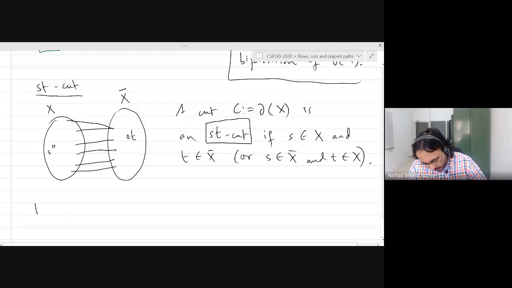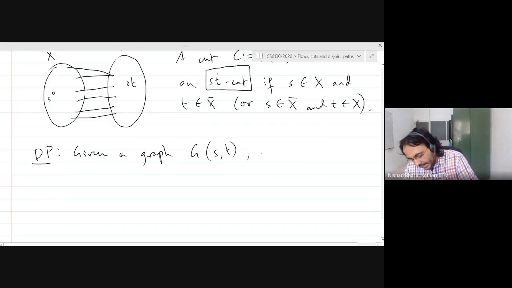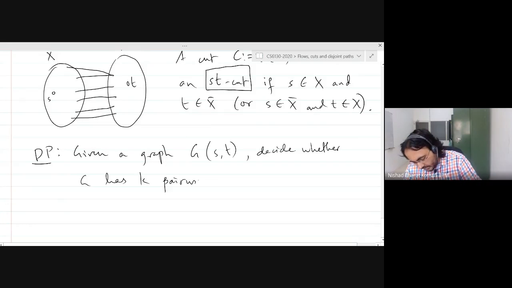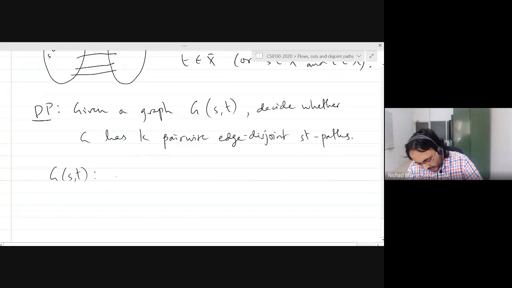The decision problem I want to discuss next is, given a graph G with distinguished vertices S and T, so this is a new notation, decide whether G has K pairwise edge disjoint ST paths, right? And the new notation G, S comma T is simply a graph G